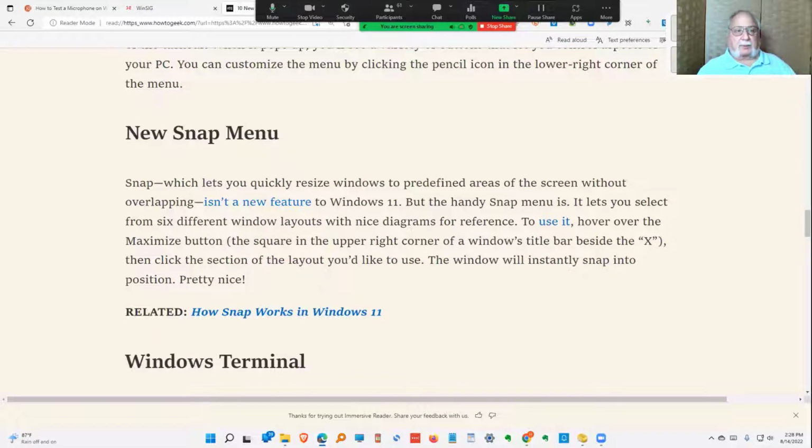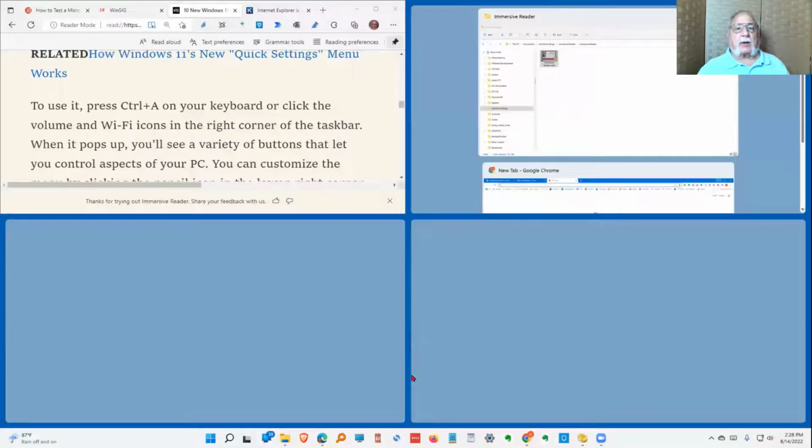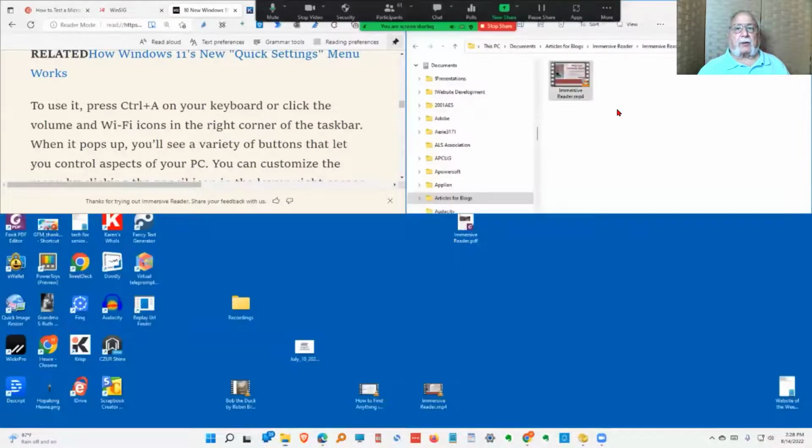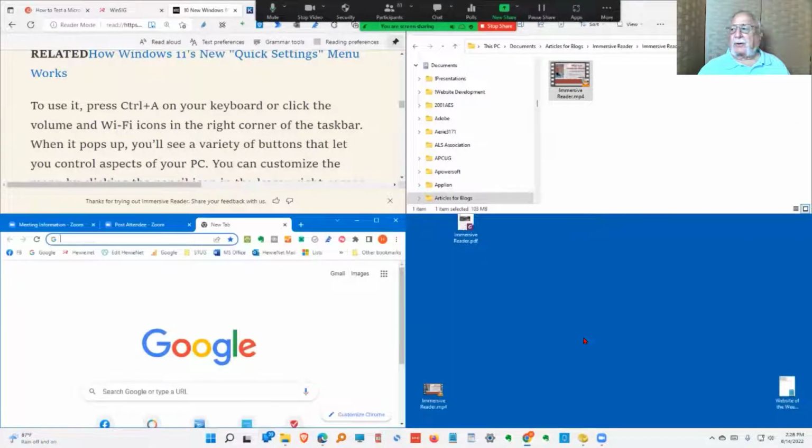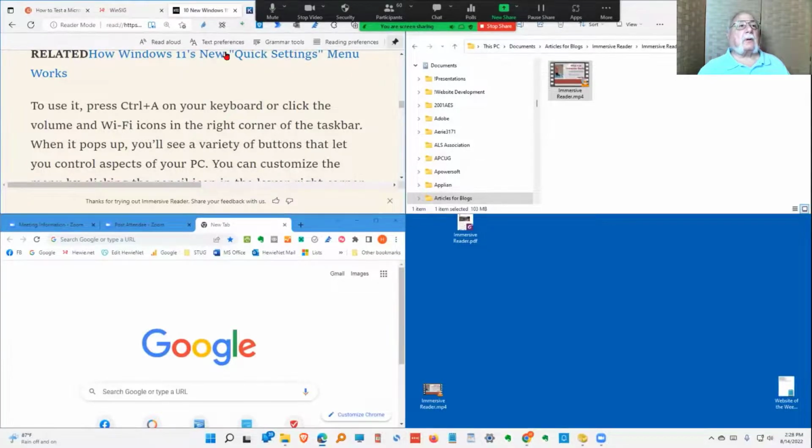So if you want the particular screen that's there, if I click that, it puts it up in the corner, and then it allows me to put something else over here, and I can put something else down here, and I've got the desktop, and I can open up something even in here. So I can do that, and then if I don't want that anymore, we can just drag this. Well, let's see. I just double click it. No,